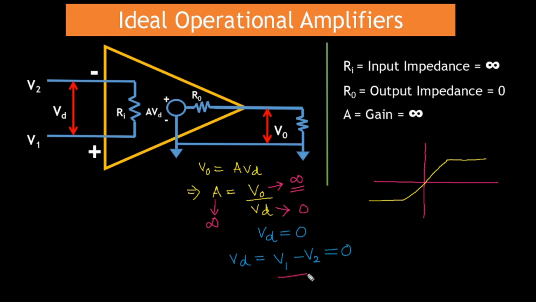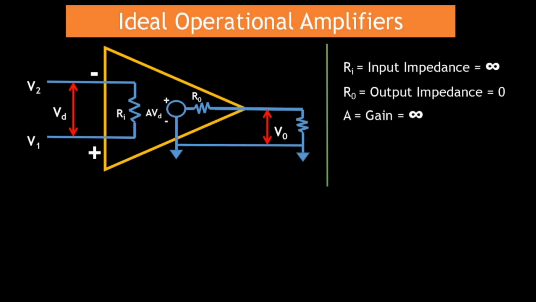Now this is one of the most important characteristics of an op amp, and we will see the use of it in some other video. And coming to the last characteristic of an ideal op amp, the bandwidth is equal to infinity, which means the op amp can work at any frequency ranging from 0 to infinity. Now we will see more about these characteristics when I will be plotting the frequency transfer curve. So for now, just know that the bandwidth of an ideal op amp is infinity.